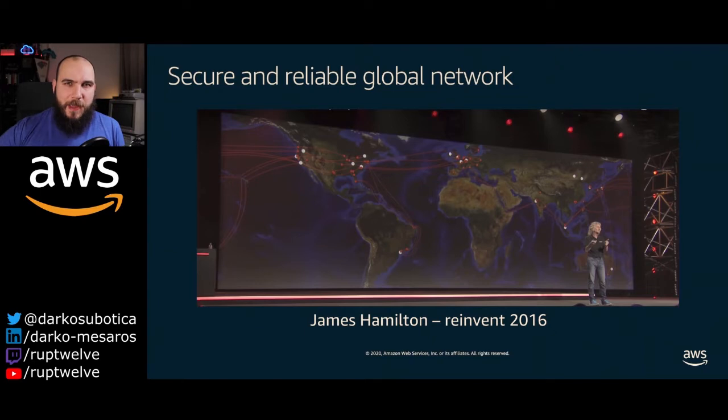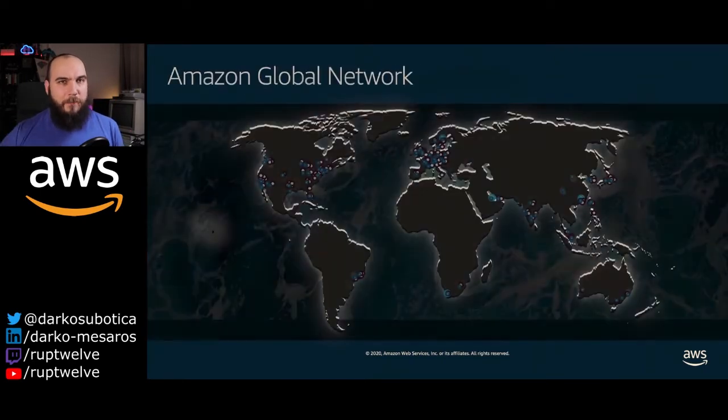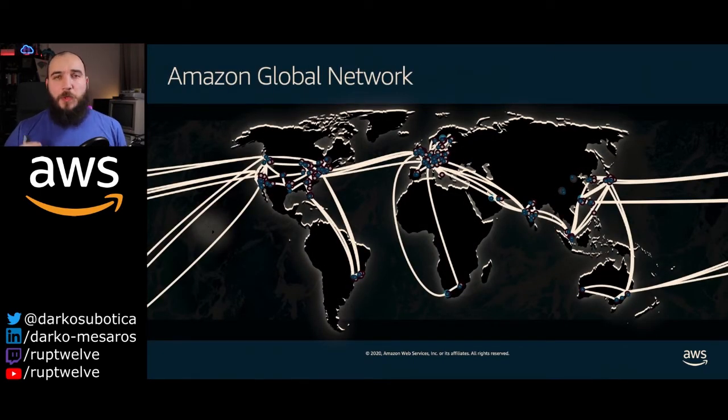So you need this big, global, scalable, reliable network. And AWS has that. We invest so much into building this network, increasing its throughput and making it super secure and reliable, just because we want our customers to have globally distributed applications. So we own a lot of that infrastructure. All of those cables are owned by us. We maintain it. We make sure it works. So once you get into the AWS network, it goes through all of our backbones,